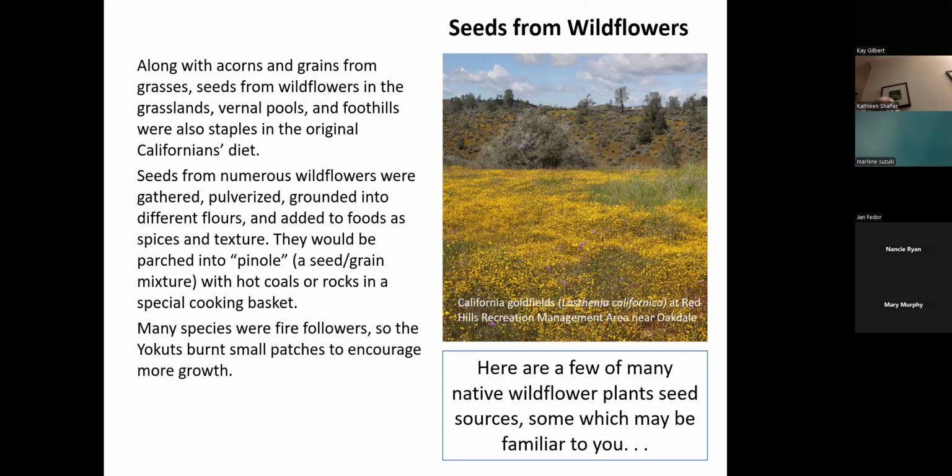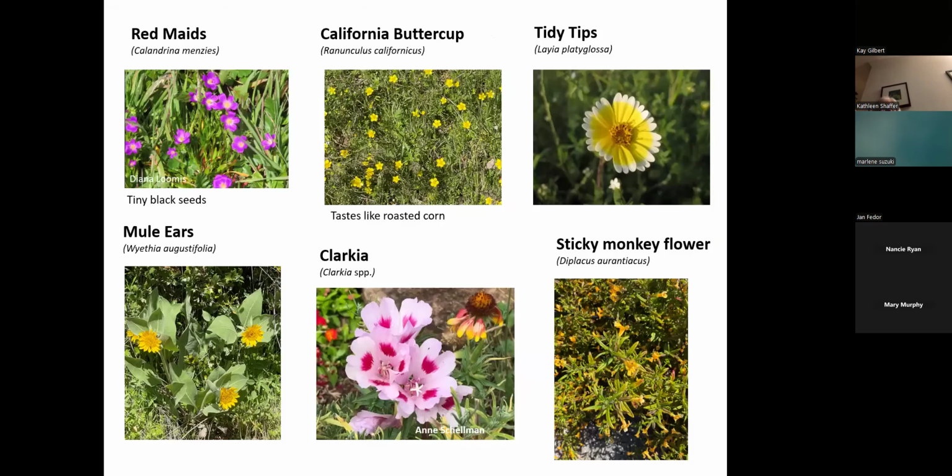And here's just a very few of the wildflowers that they used. Many of you who go hiking up in the foothills during the spring months will be familiar with these, and some of you may have some of these in your garden. So we have red maids, California buttercup, tidy tips, mule ears, clarkia, sticky monkey flower, and the California buttercup supposed to taste like roasted corn,